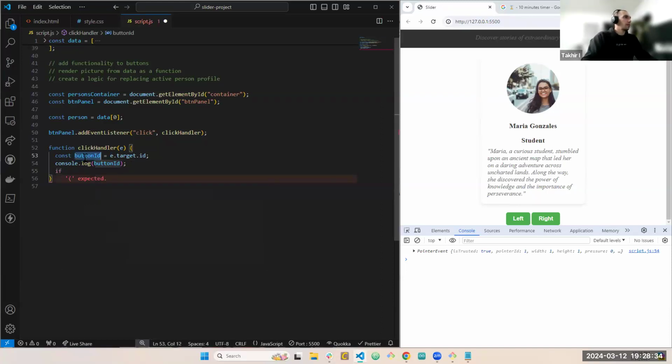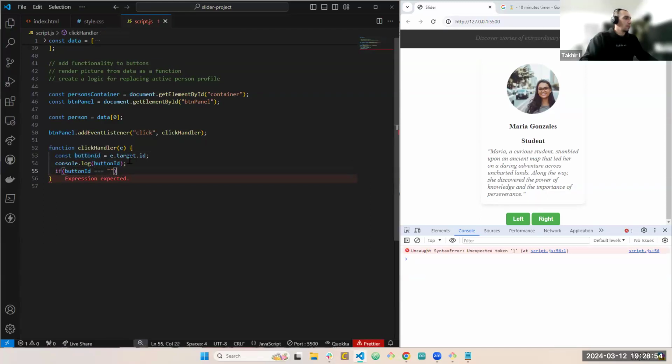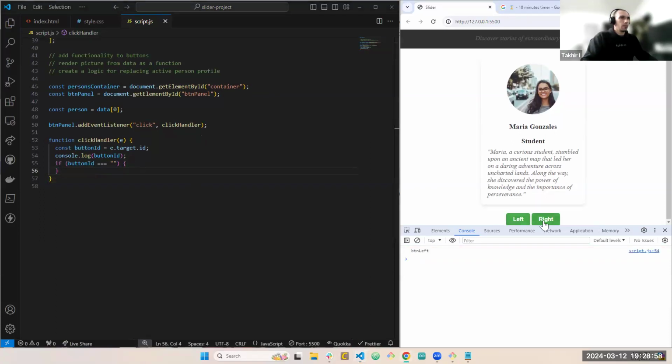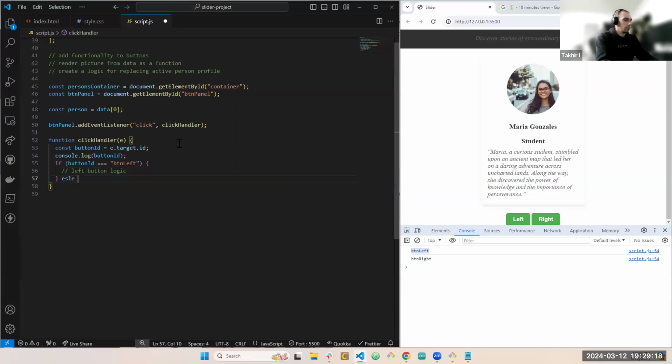If button ID is equal to left, so here do some left logic. Else, do